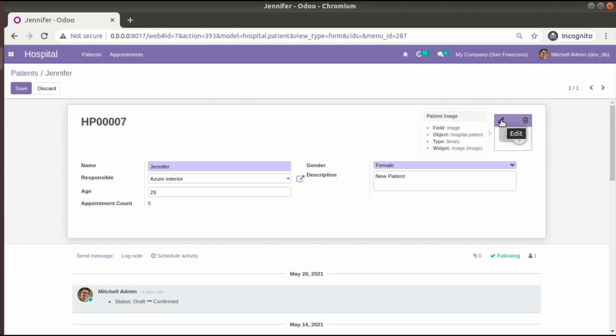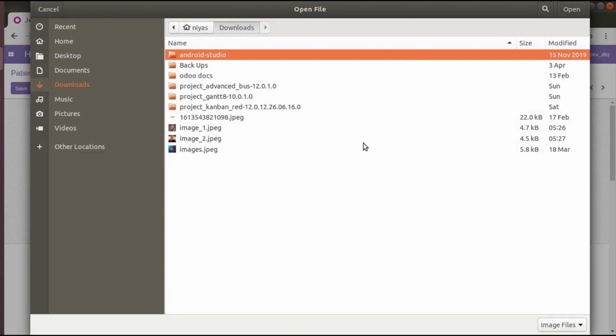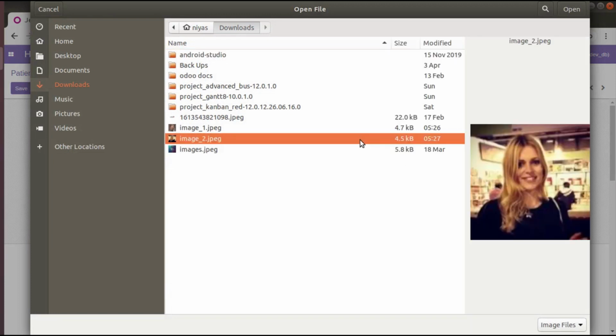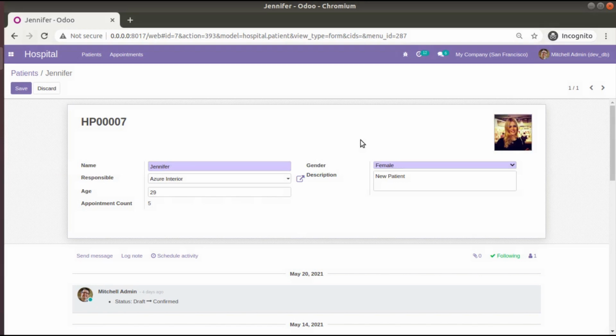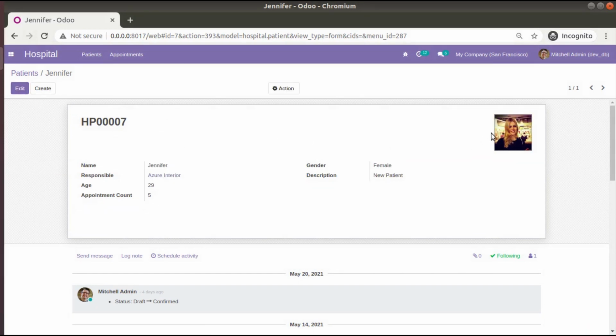Click on the pencil button, and from here you can add an image from your system. You can see the image getting added here, and if you click on save, the image has been saved. If you need to view it, simply click here. And if you refresh, let's verify, you can see the image is still there.